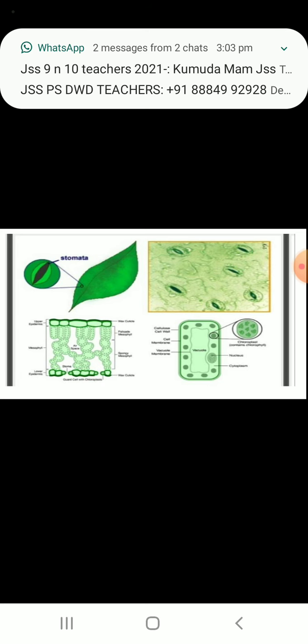And you can even see a cross section of a leaf and how exactly the stomata are present in the leaves; you can see it very clearly in the picture. So chlorophyll uses energy from the sunlight to prepare food by using water and carbon dioxide. The food prepared is carbohydrate, which is then converted into starch. During photosynthesis, oxygen is released.